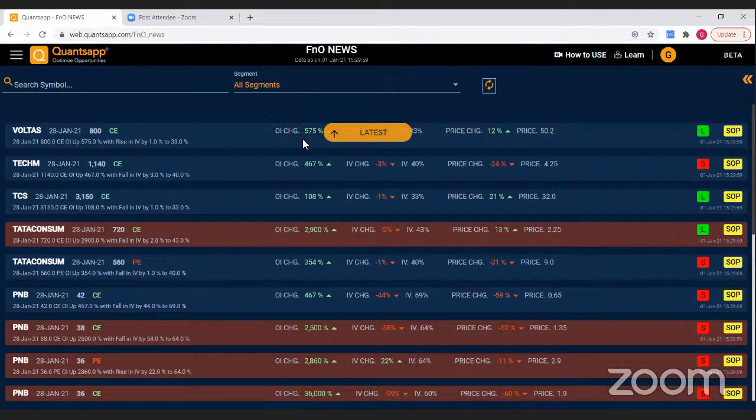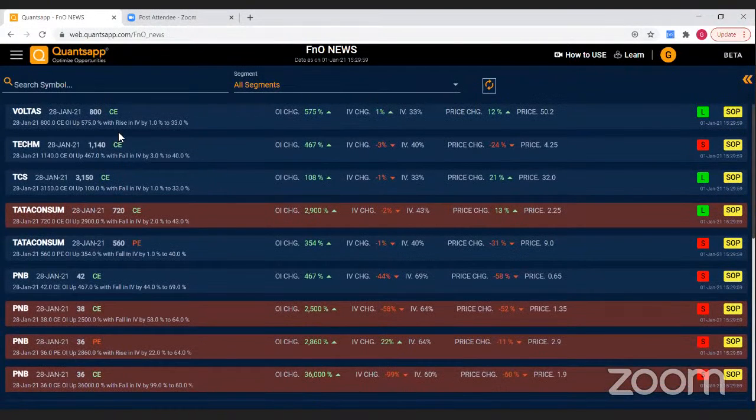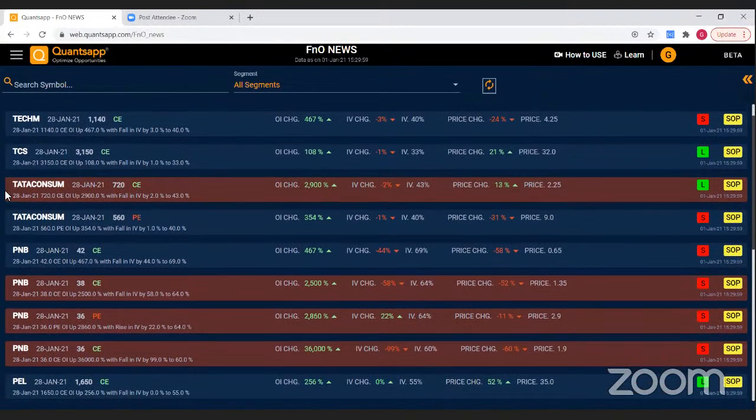So I can say that there's a build-up, open positions, where market participants are increasing their positions, holding their open positions in the Voltas 800 call option. So this is telling me that in the Voltas call option, there's a long side building up here. Then if I go down to Tata Consumer,